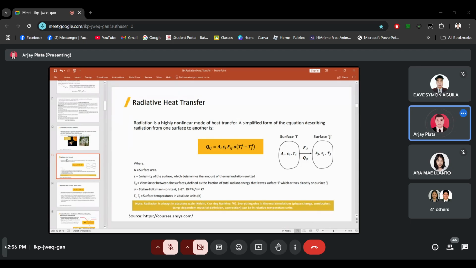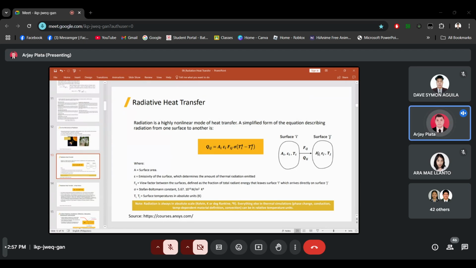So if you can recall, when we were still studying the overview of heat transfer, I mentioned the formula for radiation heat transfer. So it's the same as now. However, we just added the view factor. The view factor is based on the orientation of the two surfaces. So here we are calculating the rate of heat transfer not from the surface to the surroundings, but from one surface to another surface. That's why we have to introduce the concept of a view factor.